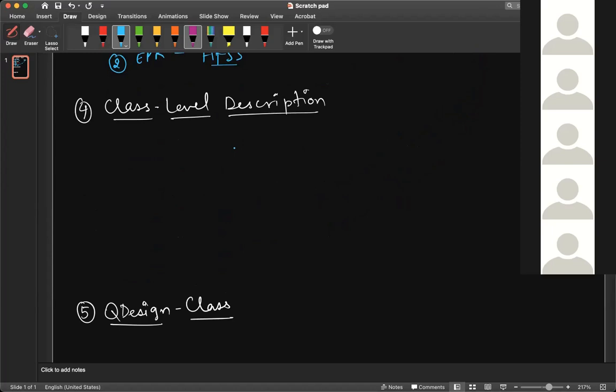Qiskit Metal. As a software, Qiskit Metal has certain different classes. To efficiently interact with the software, it is important to know the class level description of the software.